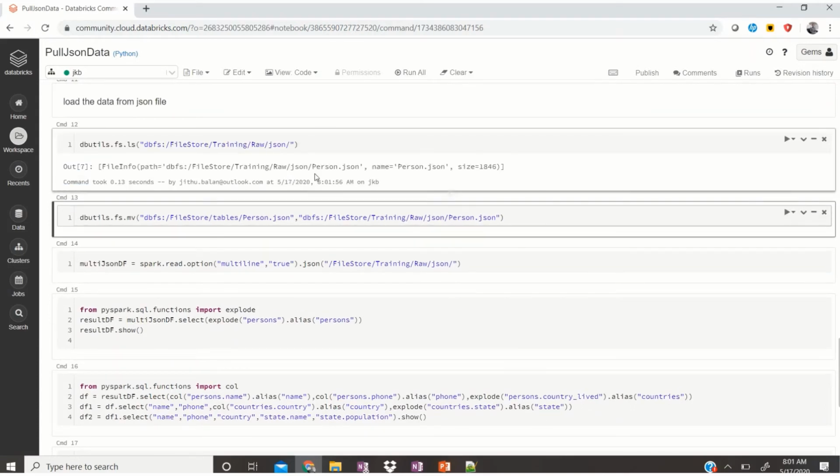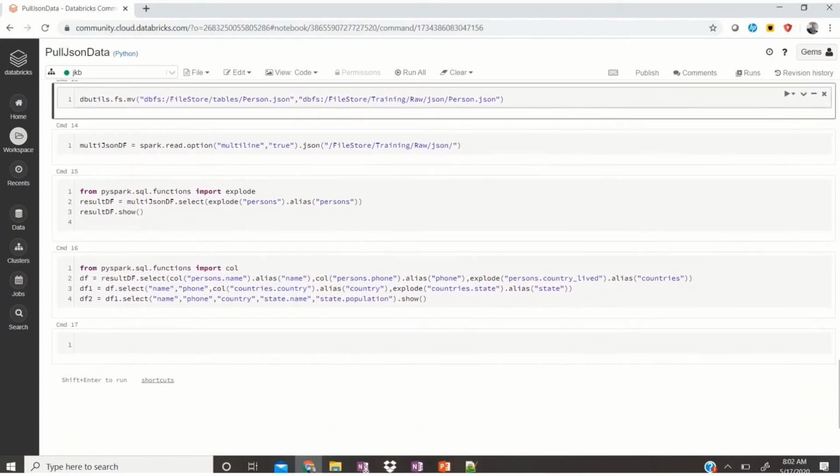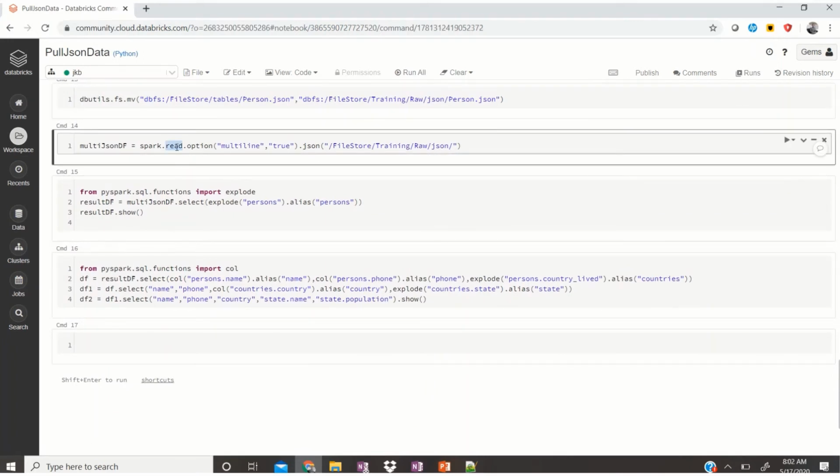Yeah, so we have the file here, person.json. Now let's load this JSON person file and see how we can fetch the data. Okay, so this is how we are going to read from a JSON file,